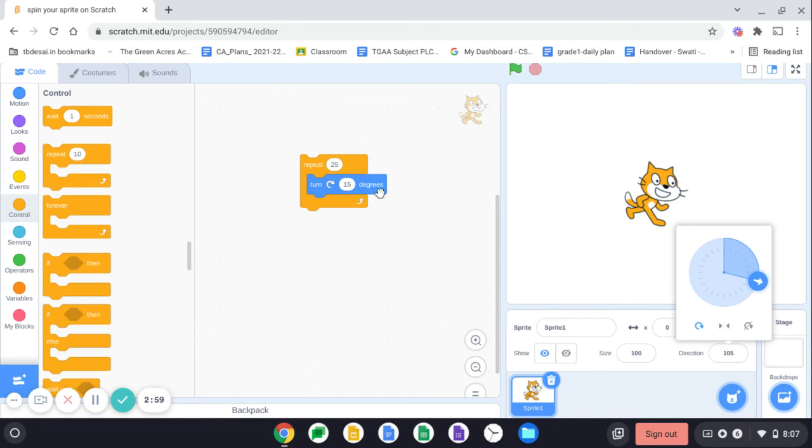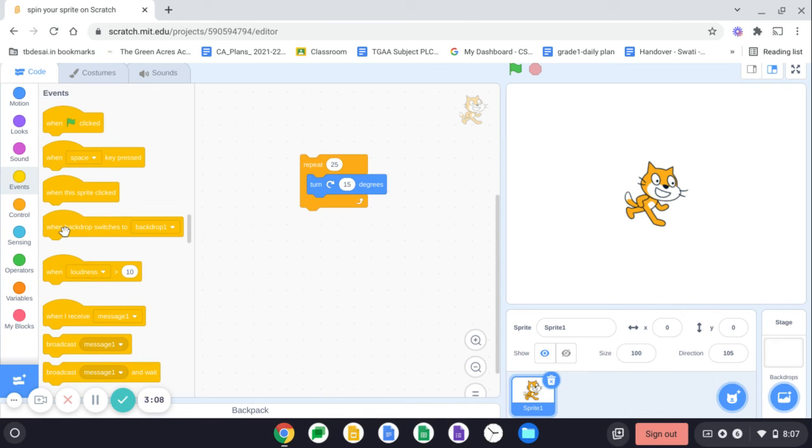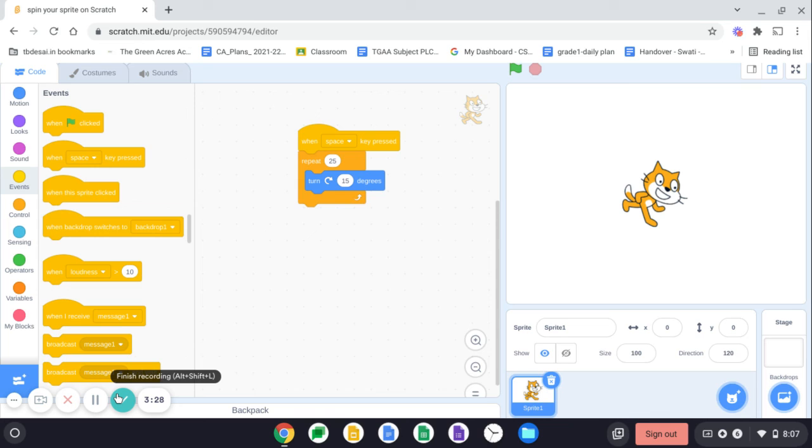So again, if you won't be creating this multiple times, you can go to the event block and then you can choose any of the event triggering blocks from here. For example, when this sprite is clicked, this also you can use, when flag clicked, or you can use any key when pressed, something like this, when space is pressed. So click the space bar key, your sprite will move. Likewise, you can create the code.